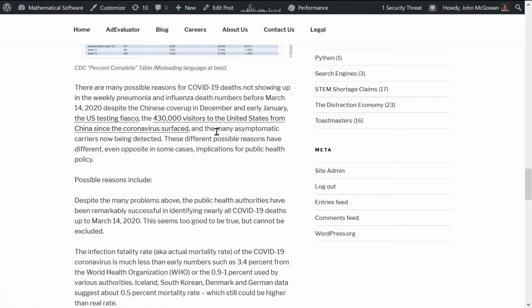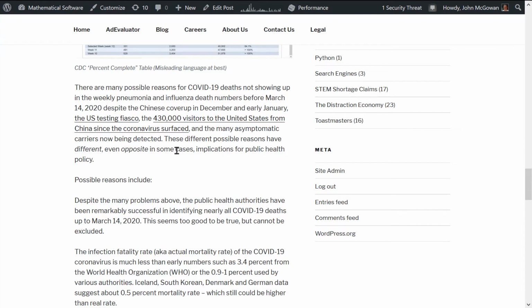And the many asymptomatic carriers now being detected. Now, actually, this was reported by the Chinese in January or February at the very latest, early February, and it's the norm with diseases. Normally, a lot of people don't even get sick. They get infected, their immune system overcomes the disease, and they don't even die. And that's happened with very deadly diseases like the Black Death in Europe in the 14th century and many other famous horrific plagues that killed large numbers of people. It's not unusual, and so you'd expect people to be running around who you can't really detect by any means other than maybe some molecular biology test.